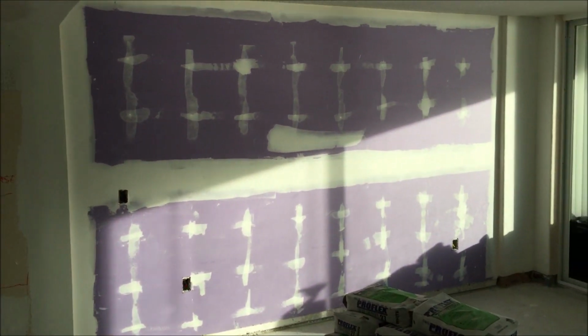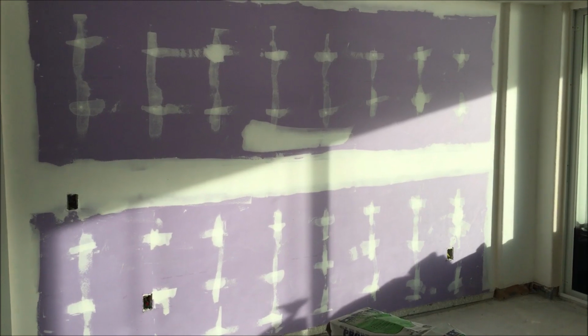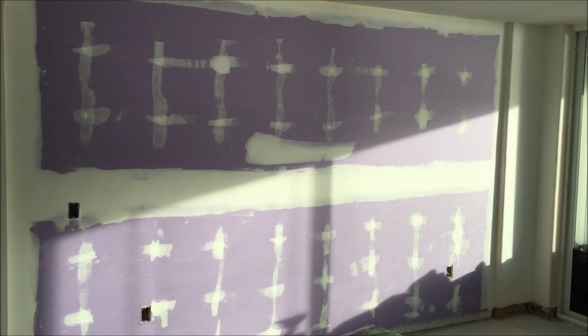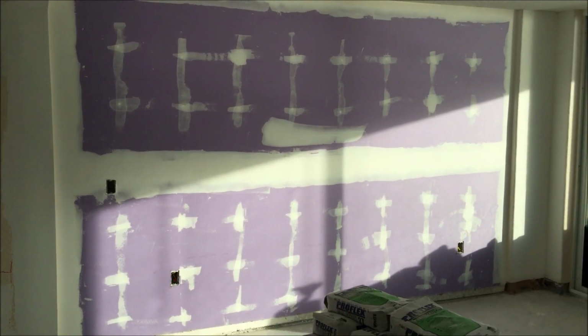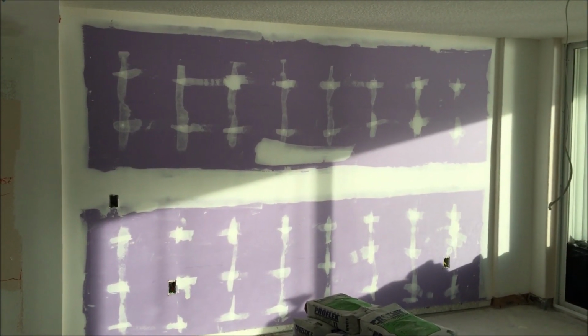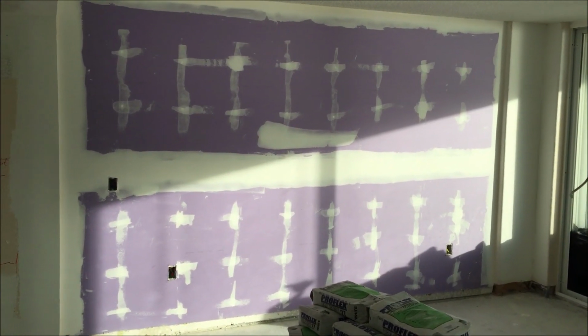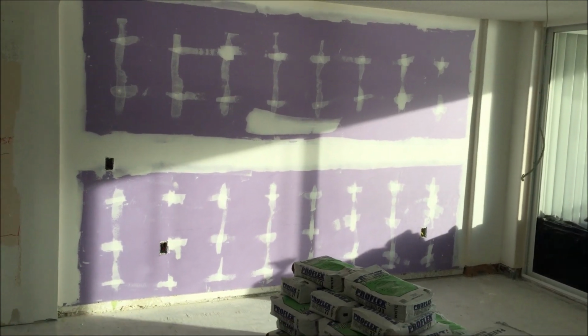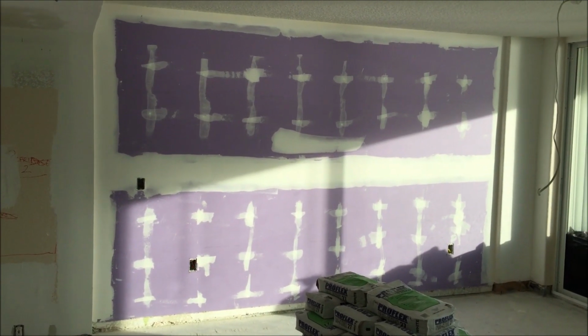Got the sound break drywall finished. It's ready for another coat of mud and then sanding and an orange peel texture. That's to cut down on some noise over in the neighbor's unit. And that was put up with some green glue on top of existing 1/2-inch drywall and then a green glue